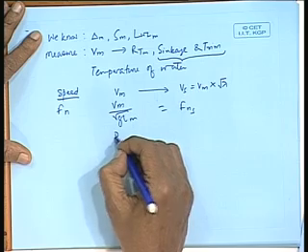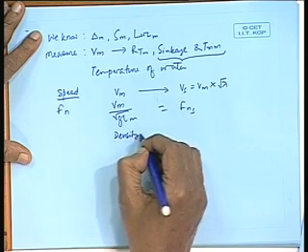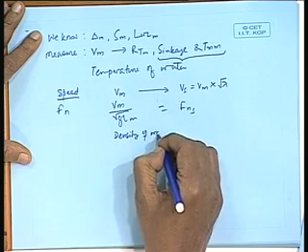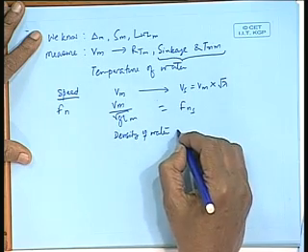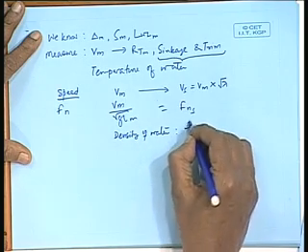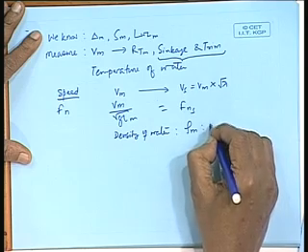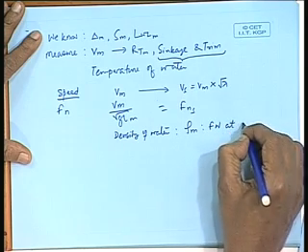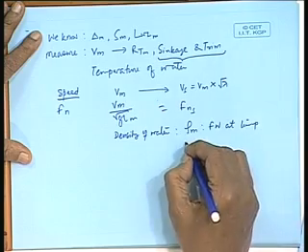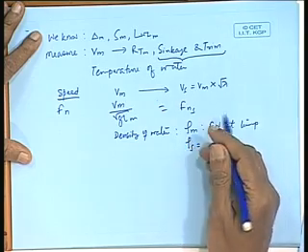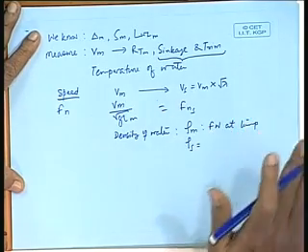Density of water: for the model, rho m is fresh water at temperature measured, okay, and for the ship, sea water, and for all calculations we take 15